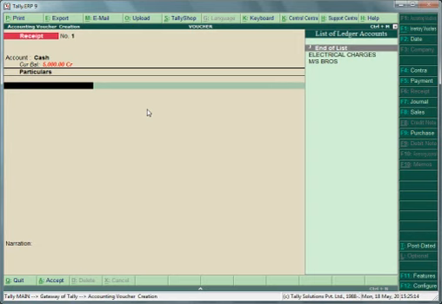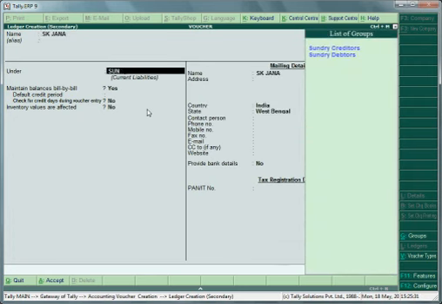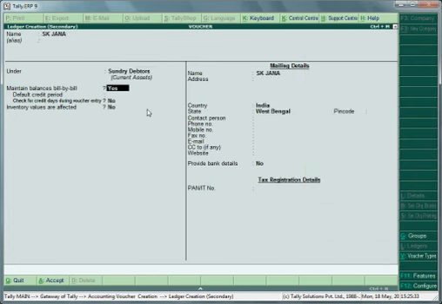Now in the particulars column, we have to create sundry debtors. Press again Alt plus C for creating the secondary ledger. Now put here some name, suppose SK Jana, which is sundry debtors.